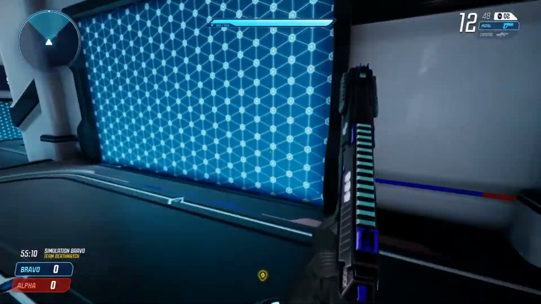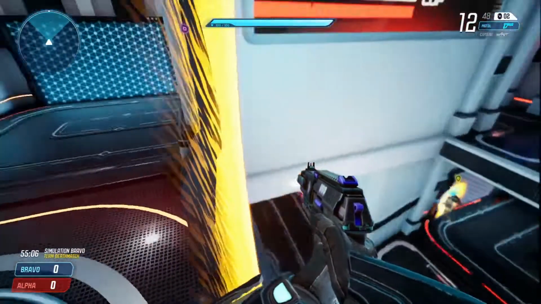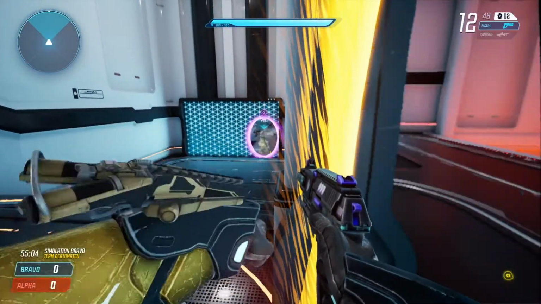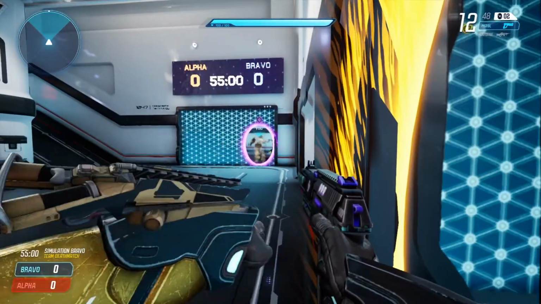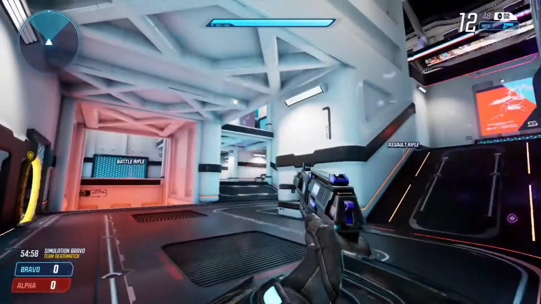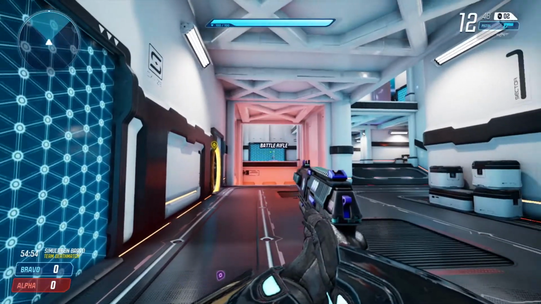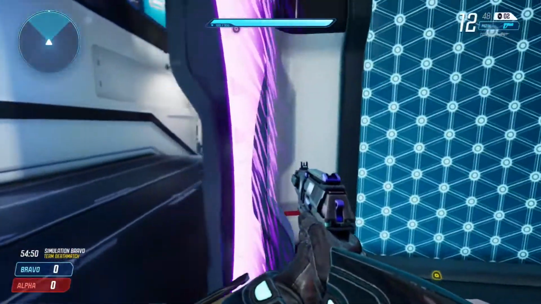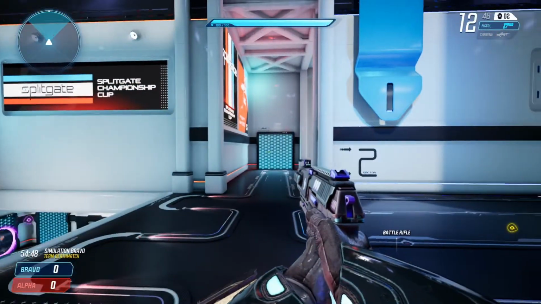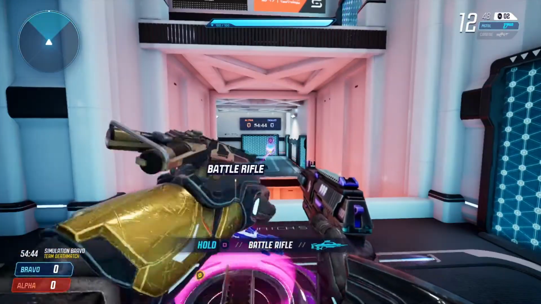Starting from over here on this time, we're just going to act like we portaled from up here. So you portal down, you go in front of you again, same thing. And then instead of going up top over here or back over this way, you're simply going to go up top on this side. And then you can either use this right here to peek battle rifle and go back down,